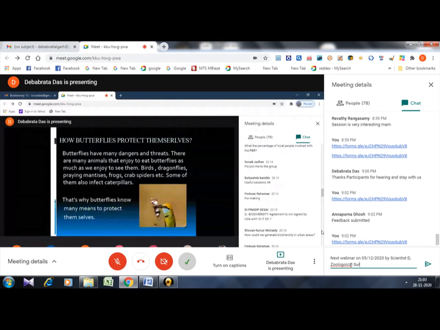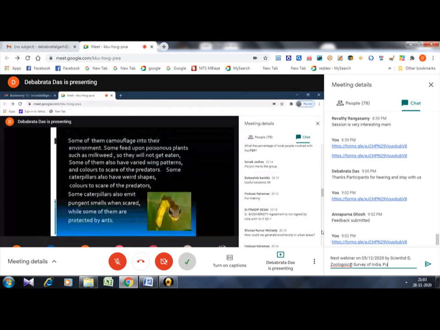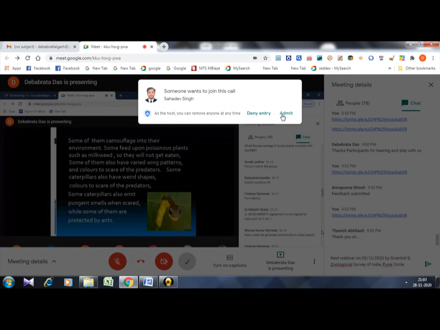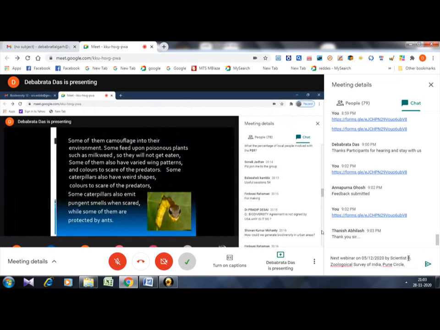But butterflies and caterpillars also know how to protect themselves. What they do is camouflage. Camouflage is a process where the animal disguises or hides itself. Many butterflies and caterpillars camouflage to hide from predators. I will come to camouflage in butterflies later because I have a different slide on that.